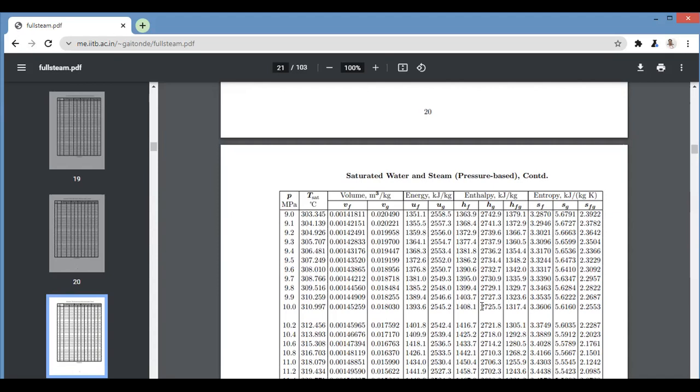How to find the properties if the steam is wet? That would require an understanding of the concept of dryness fraction, which you will see in the next class. So now we are clear as to how to find the specific volume, the specific enthalpy, and the specific entropy if it is dry saturated steam. The corresponding values are Sg for entropy, Hg for specific enthalpy, and Vg for specific volume. I hope you have understood this. Thank you very much.